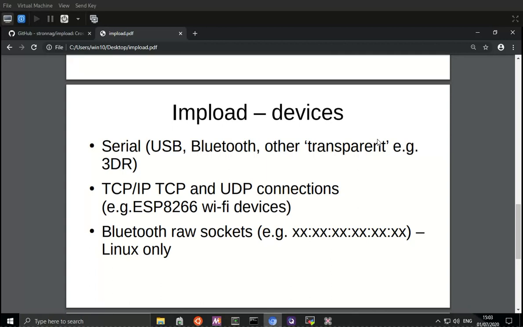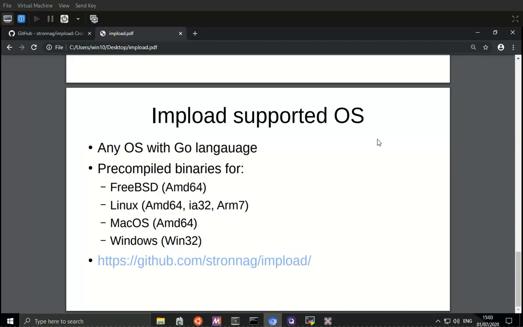So impload is a cross-platform application. It's available for effectively numerous operating systems. You can build impload for any operating system that supports the Go programming language, and on the GitHub repository there are precompiled binaries for, in alphabetical order,